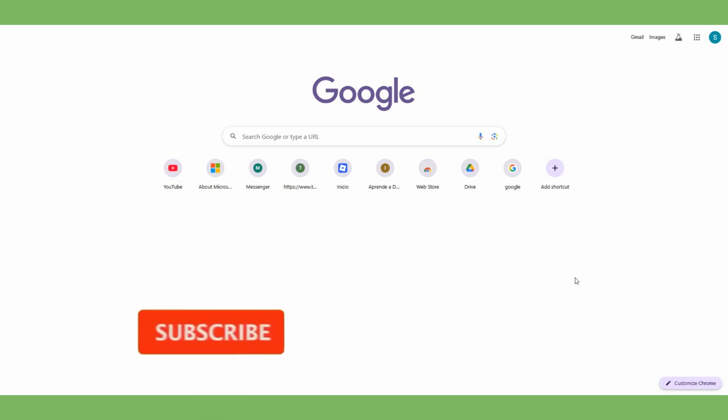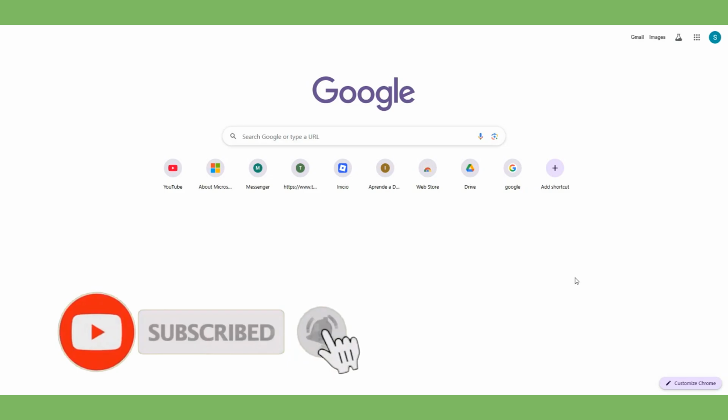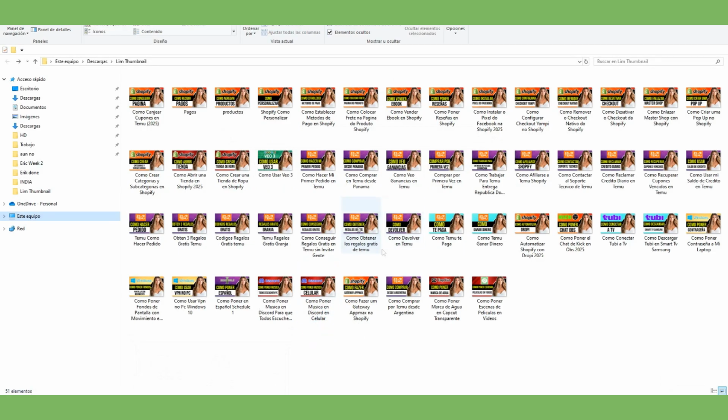This time we check how to fix thumbnail preview not showing in Windows. So let's start. Let's go to our folder here. As you can see, my pictures are showing, but in case your pictures don't show,